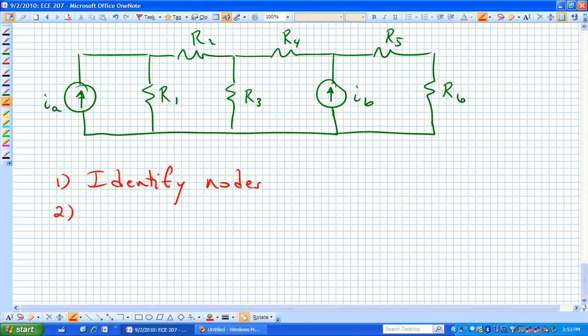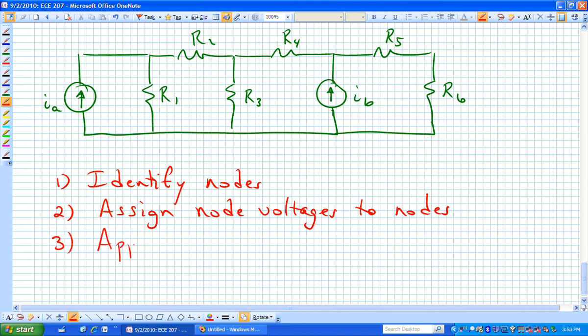Once we've identified the nodes, we'll assign node voltages according to how we've selected the nodes or defined the nodes. And that will become a little more clear in a minute. Once we've assigned node voltages, we will apply